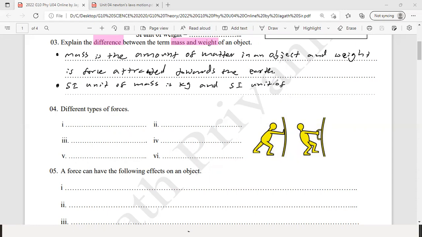The mass is the quantity of matter, the amount of matter, you can highlight if you want. The amount of matter in an object is called its mass, and the force attracted towards the earth, the gravity, that is called the weight. And the SI unit of mass is kilogram, highlight here kilogram,